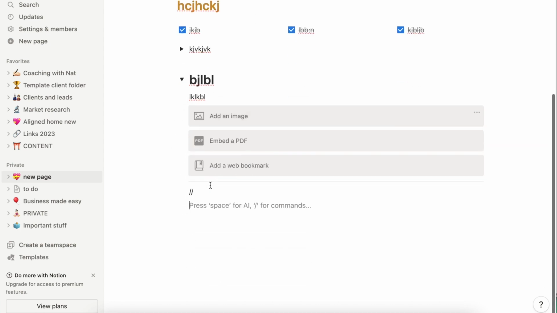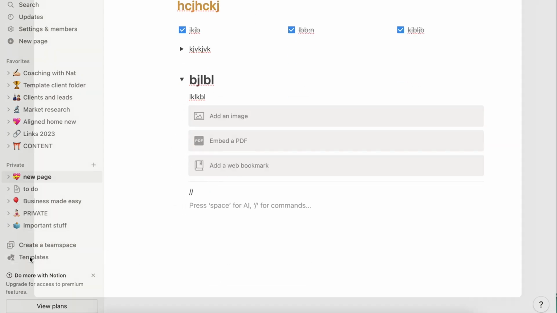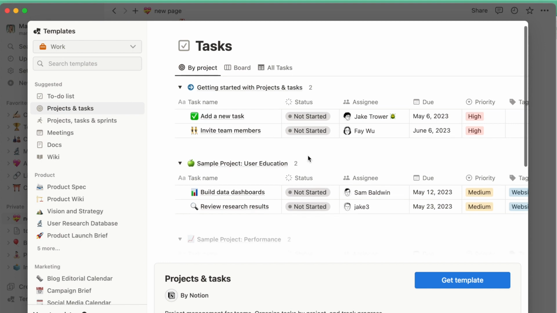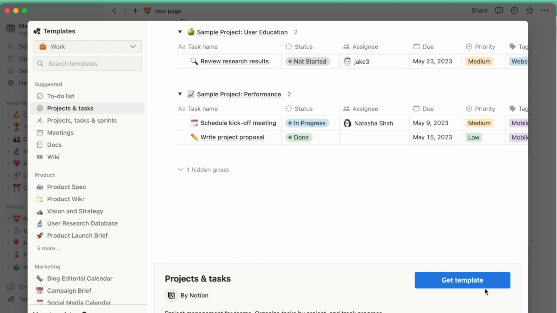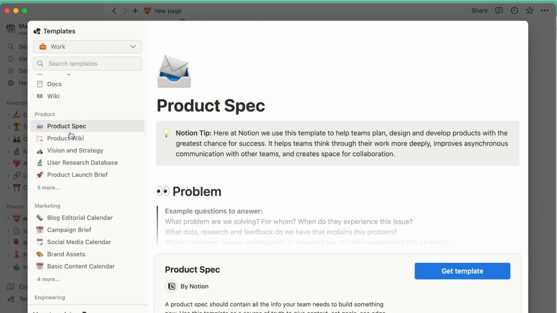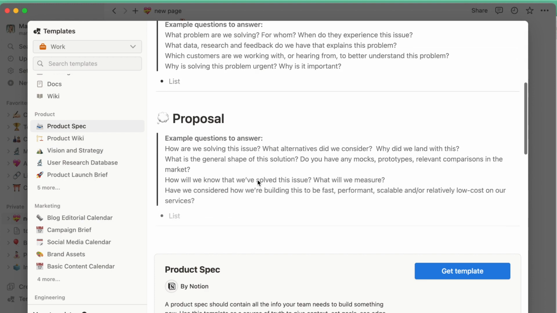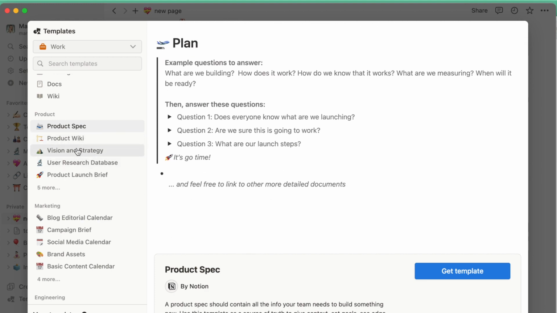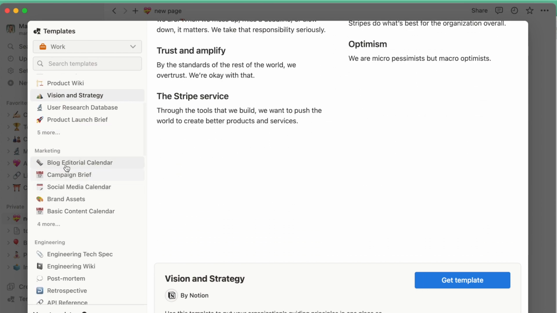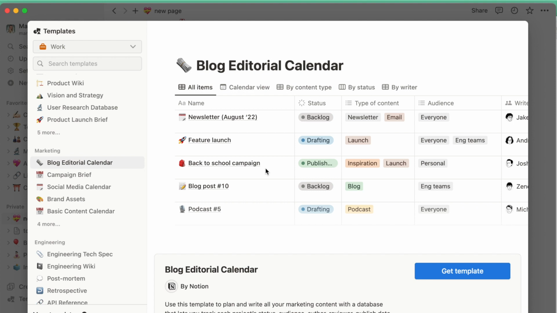But another fun thing you can do is you can actually go to templates. And then here you have different things that are already set up that you can select and use that template right from the bat, so you don't have to create your own. So if you have product, vision and strategy, you can look around these templates. So let's say blog, editorial, calendar. So you can see here that this